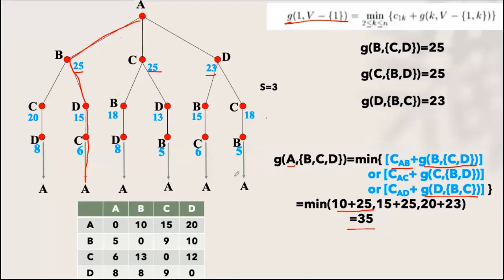So this is the dynamic approach, the solution to the traveling salesman problem using dynamic programming. For this formula, we will go on substituting the things starting from the last vertex, then two vertices, and then three vertices. Whichever is minimum, we will go on selecting. But first, we have to calculate these things and then we can go on substituting. So finally, we'll get the minimum cost path from A to A, traversing through all the other vertices. Okay, so this is the traveling salesman problem.